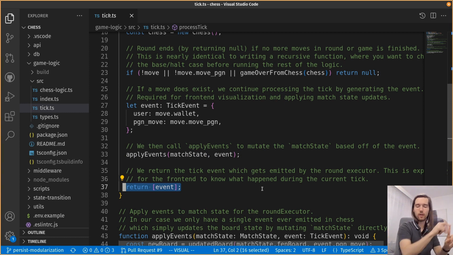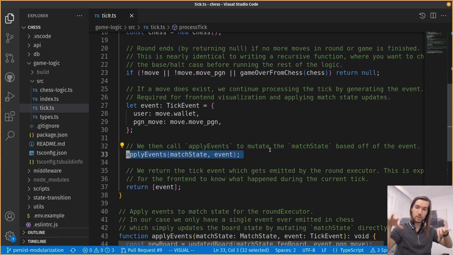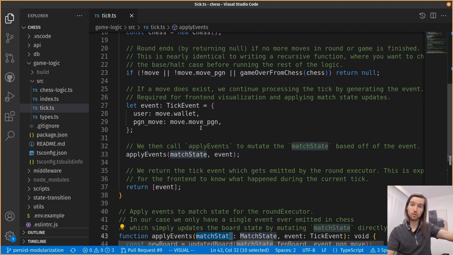And this is used by the front end to visualize the actual actions in the gameplay. And we apply these events into the match state so that when the round executor finishes, the new match state is returned from the match executor as the actual output of it finishing its process of execution. This model allows us to use the mutating of the match state to make sure that everything's moving forward,